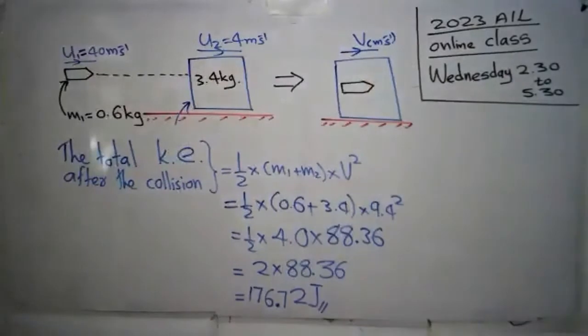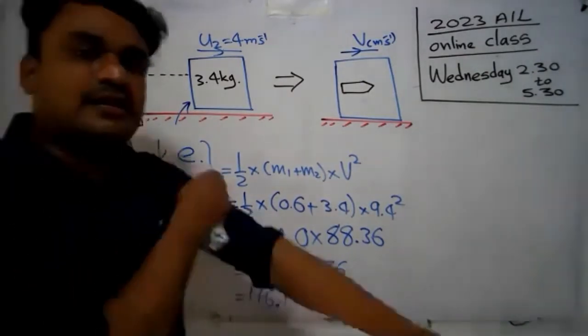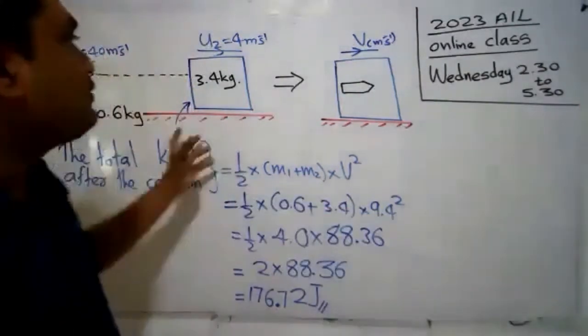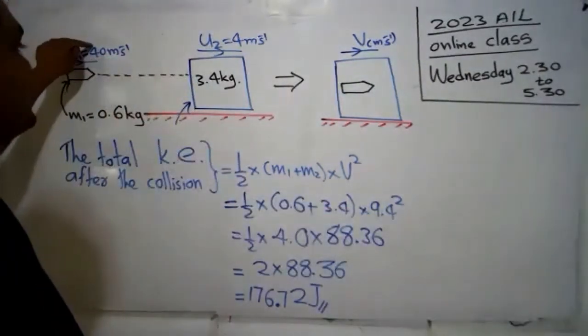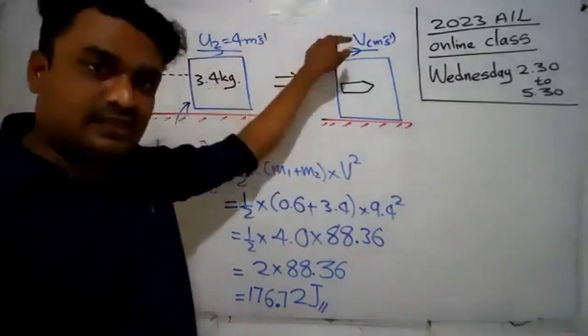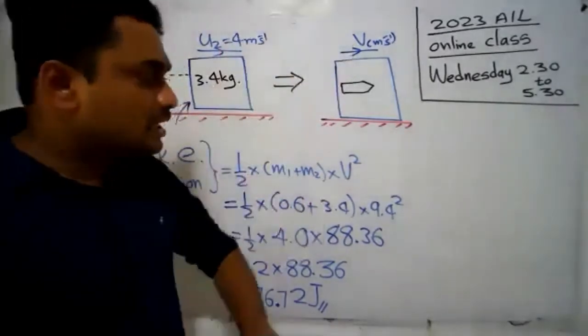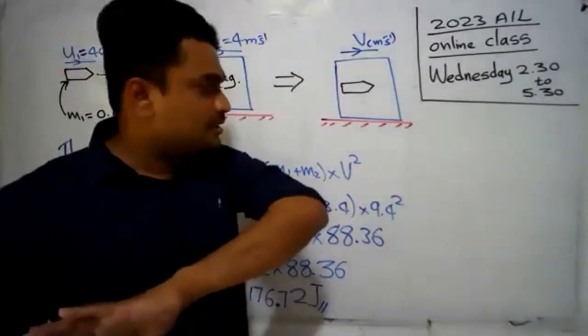Total kinetic energy before the collision was 507.2 joules. After the collision, you see the 40 meter per second velocity is highly reduced. But the reason is during the collision, you see